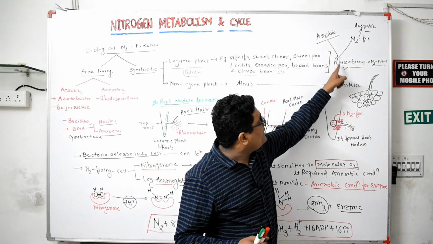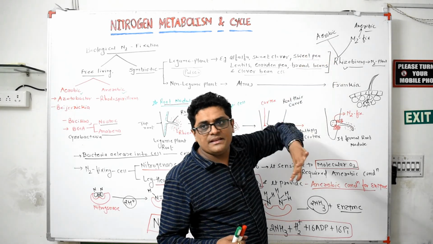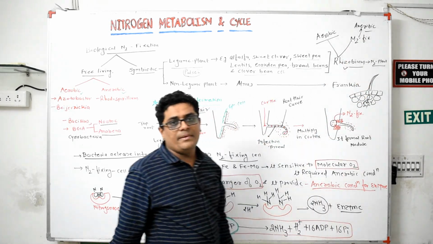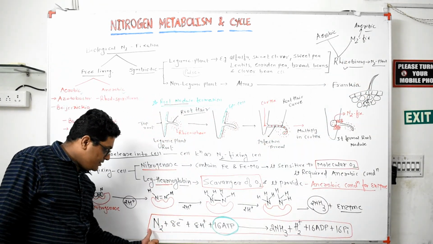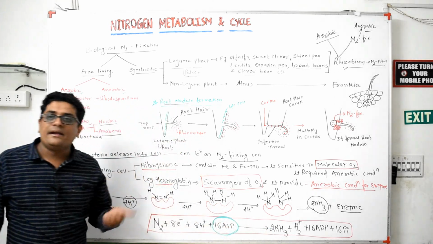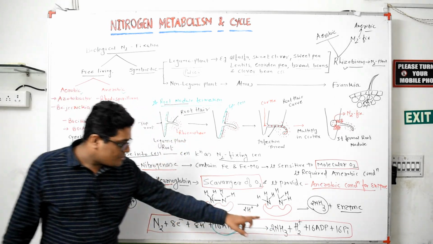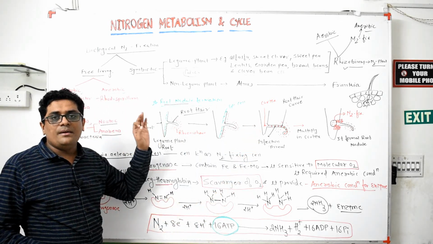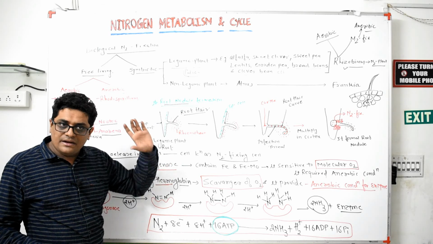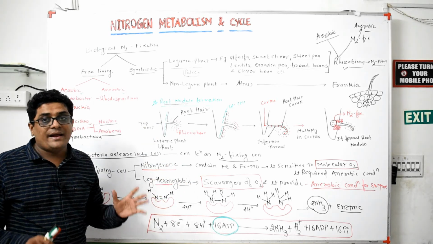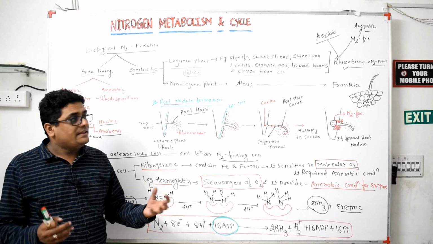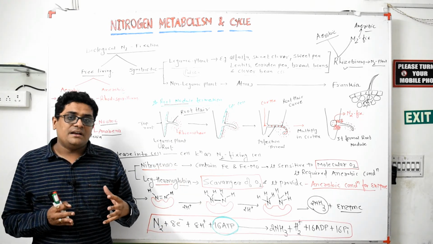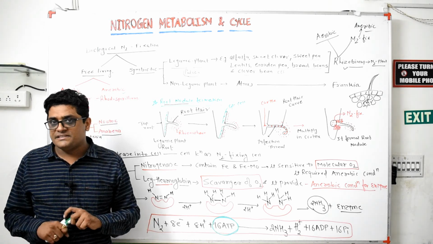So Rhizobium are actually aerobic bacteria, but in the fixation of nitrogen they act as anaerobic bacteria. For the formation of 1 ammonia, it requires 8 ATP, and the formation of 2 ammonia requires 16 ATP. Clear? So this is all about the biological fixation of nitrogen. Now, the next point is the fate of ammonia, meaning when the plant absorbs the ammonia, this ammonia is converted into amino acids and it synthesizes protein.